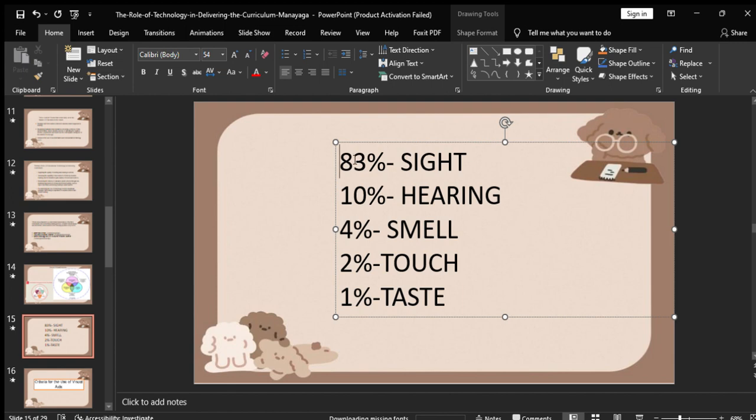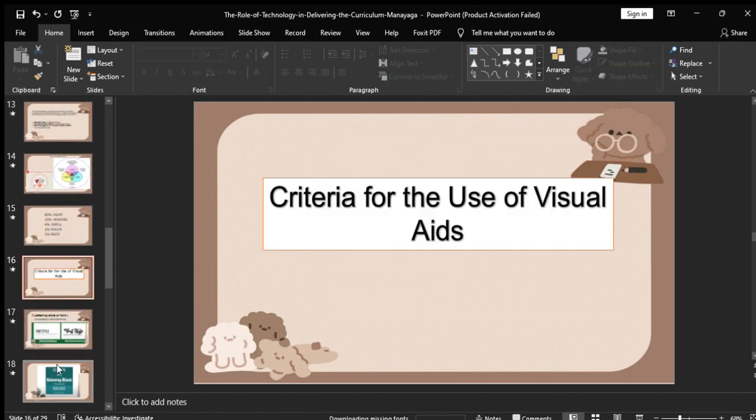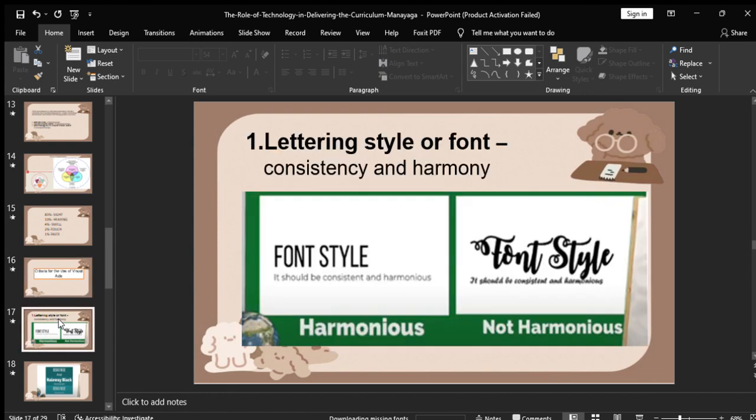Okay, next we have the basic principle of design. Criteria for the use of visual aids. Number one, lettering style or font, consistency and harmony. So here are the samples. We have font style. This is harmonious and this is not harmonious. You have to use a lettering font that is harmonious,